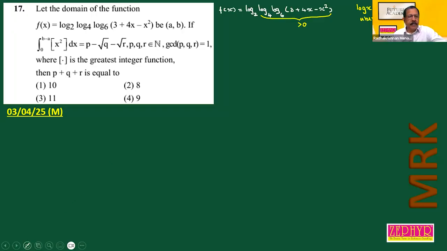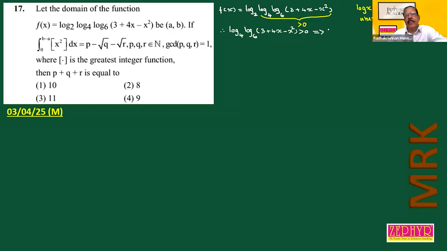So what are you getting now? Therefore, log to the base 4 of log to the base 6 of 3 plus 4x minus x squared is greater than 0,